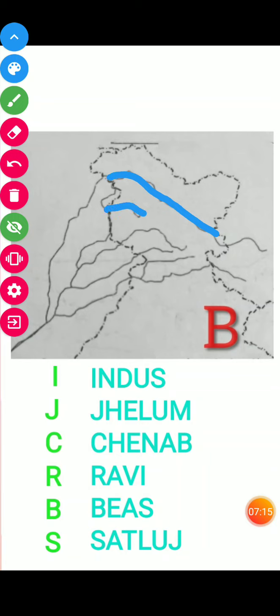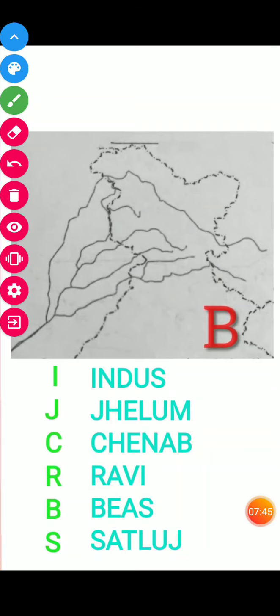Then this third one is Chenab, Ravi, Beas joins Satluj. Then this bottom one is Satluj. So I repeat them all: IJCRBS, Indus, Jhelum, Chenab, Ravi, Beas and Satluj. This is about section B.